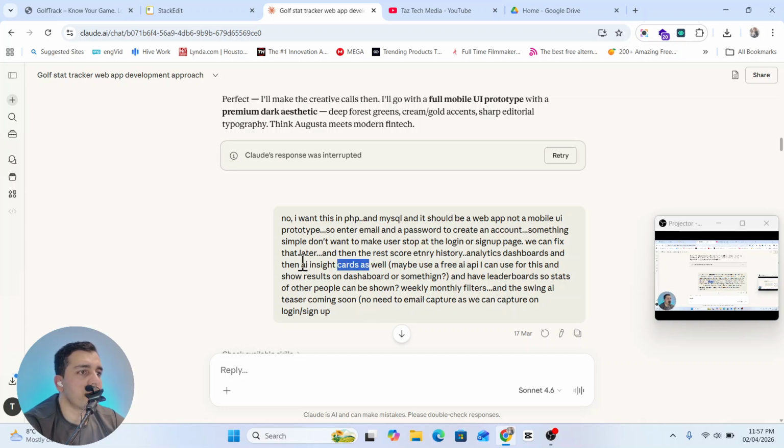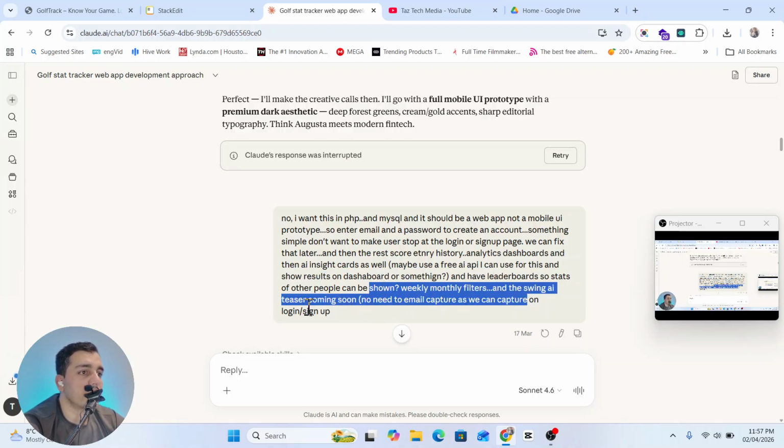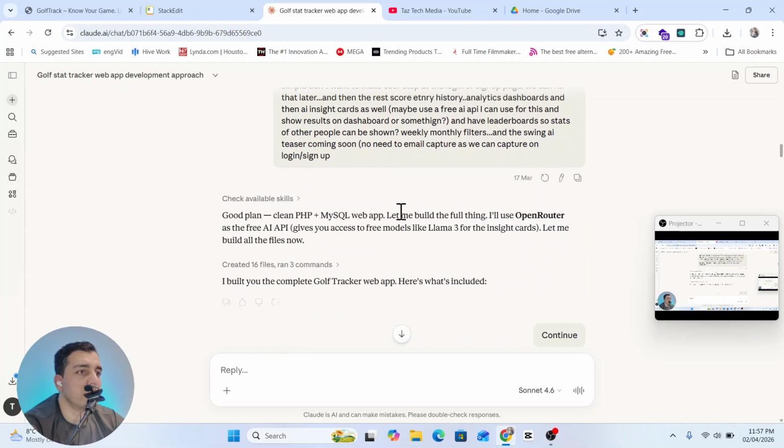So AI insights as well, cards. And I said, free AI API, so OpenRouter, that it used, and the stats and everything, so they can filter it by monthly, weekly, and swing AI insights are coming soon. So this was my description,